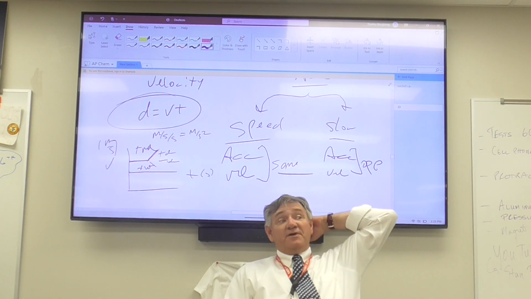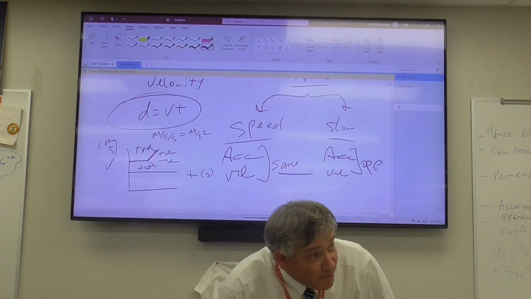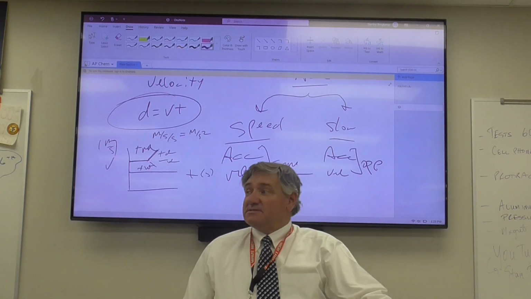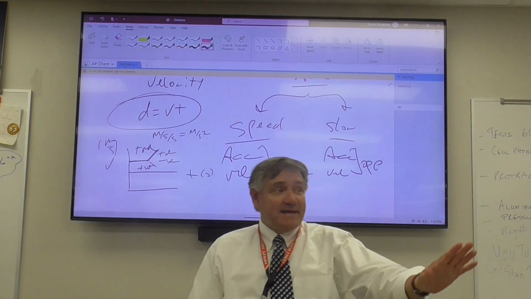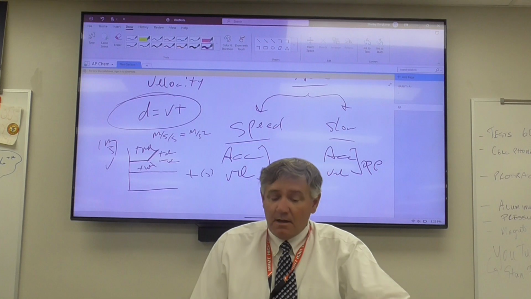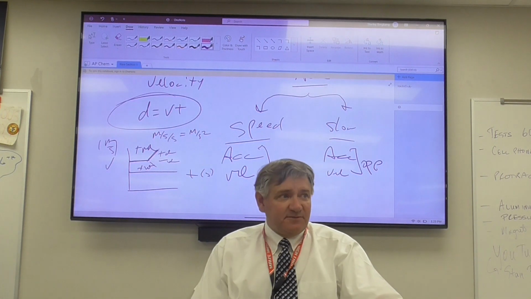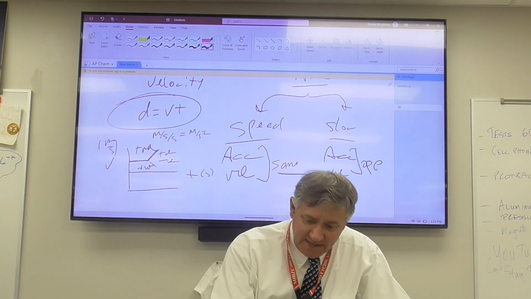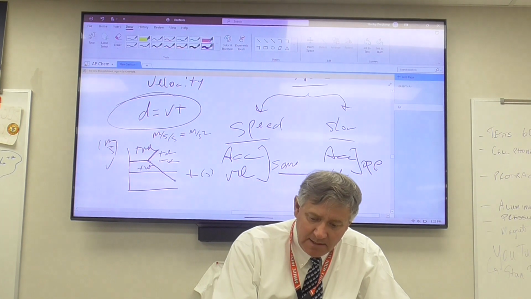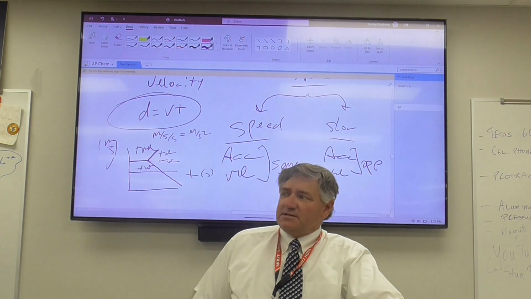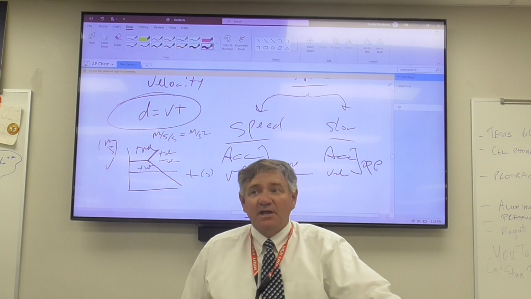Now here's the pattern that you're going to try and find. Negative acceleration means that I slow down, and it can happen. But I can also speed up with negative acceleration. Because if I take this line and I bring it all the way through like this,